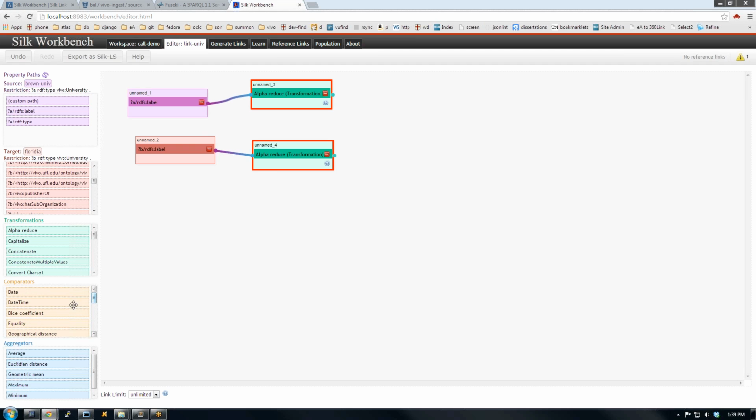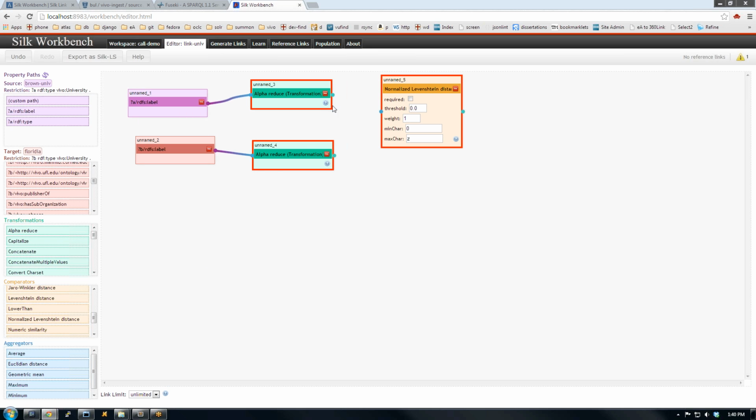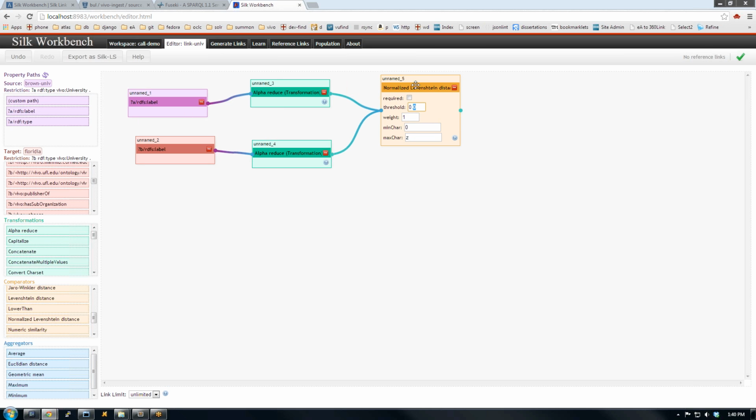The Brown data I have in this sample set isn't very complex. It just has labels and types. And from Florida, since I'm restricting the universities already, I'm also just going to look at the label. But you can see that all properties are available, and you could end up doing some pretty sophisticated matching. And then I'm going to